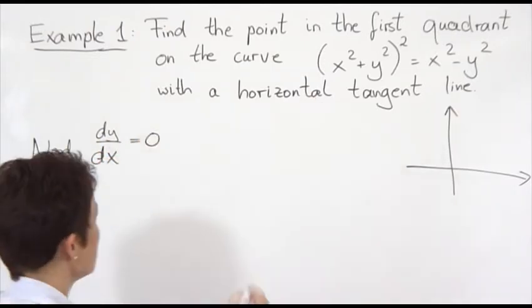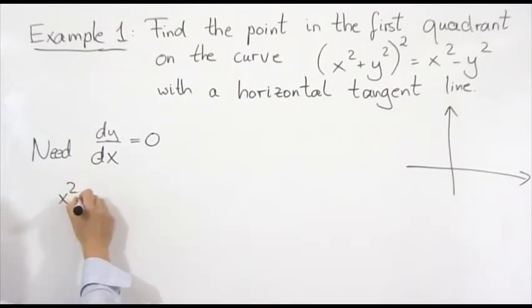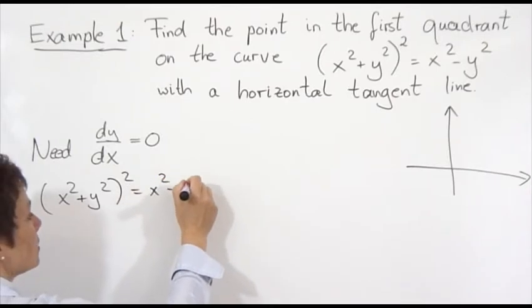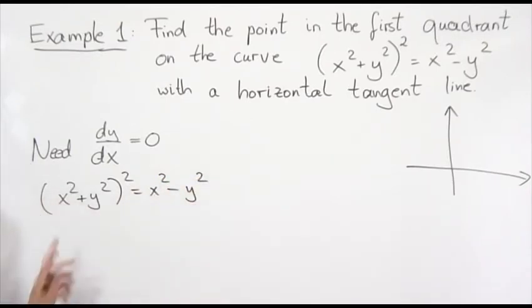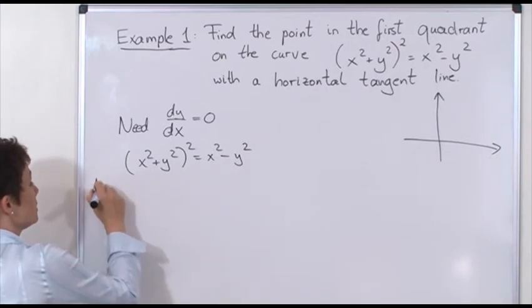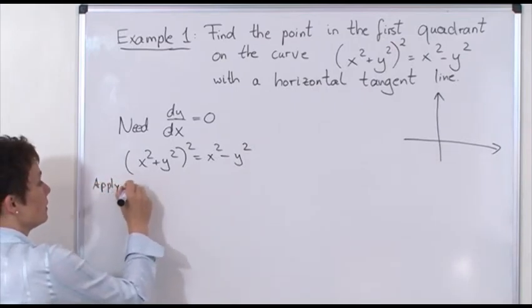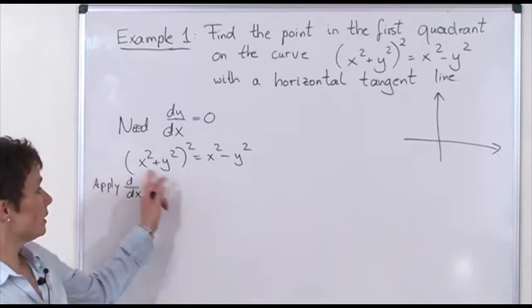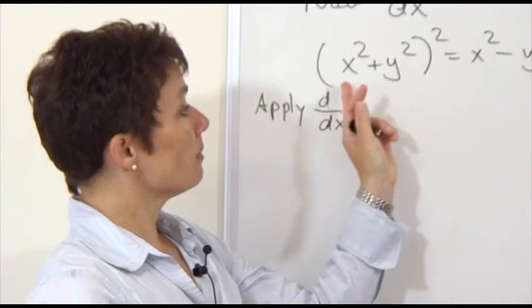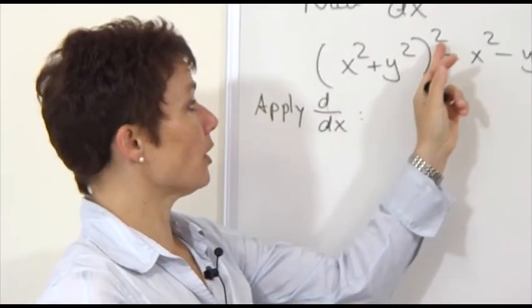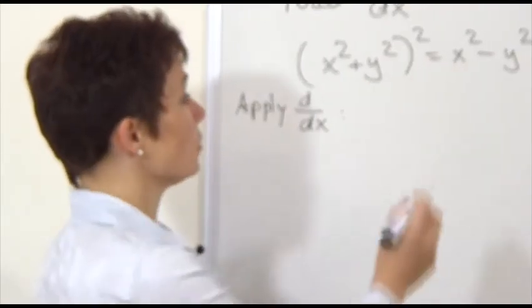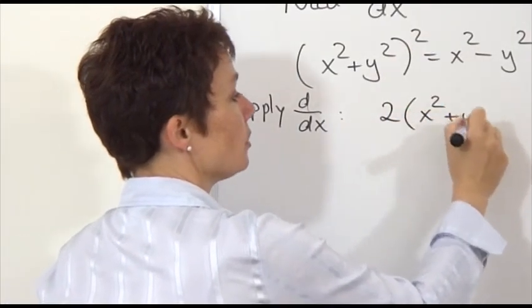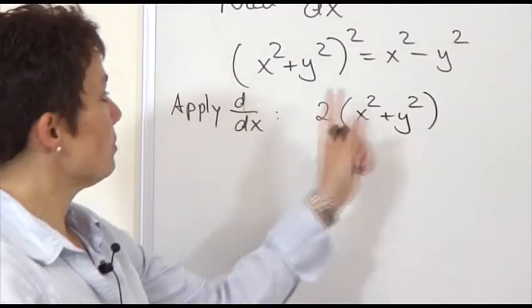So we'll take our equation, I'll just copy it here again, (x squared plus y squared) squared equals x squared minus y squared. We apply d by dx to both sides as before. The left-hand side is a composite function, so we need to use the chain rule here. We differentiate the square first, get 2 times (x squared plus y squared), and multiply it by the derivative